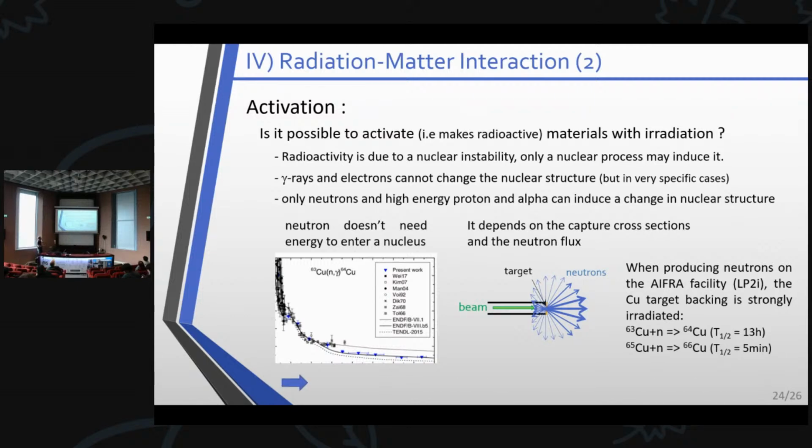So it can happen, but the activation is quite low because the fluxes we are talking about are quite low. So for the application we have, the activation won't be a big deal, but it's something which has to be